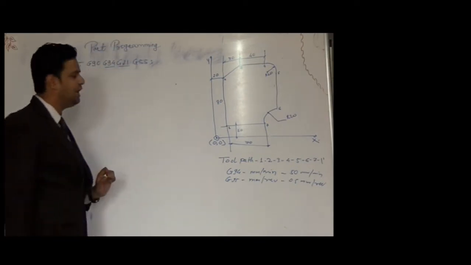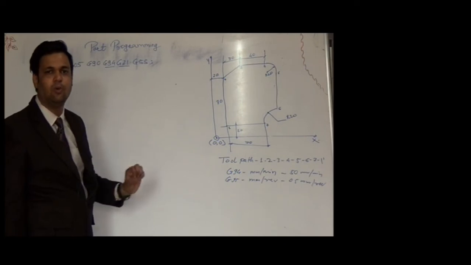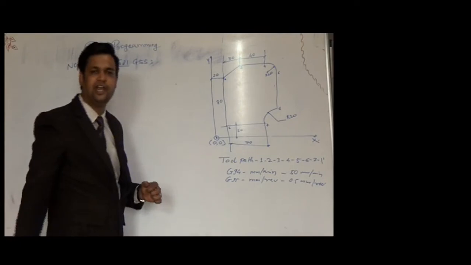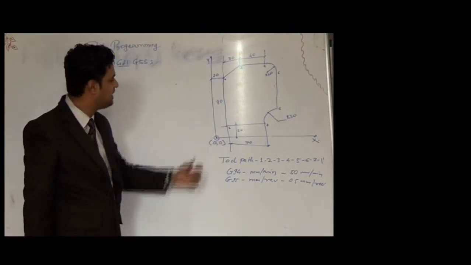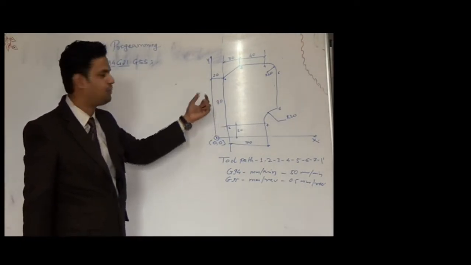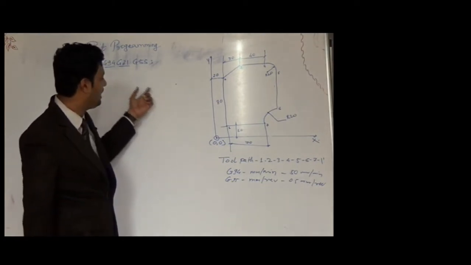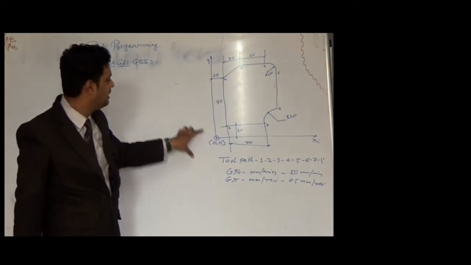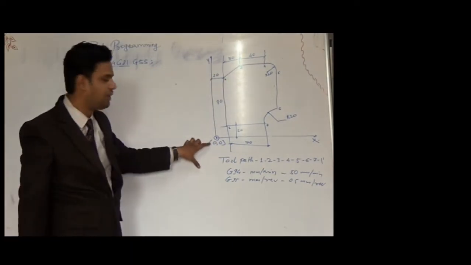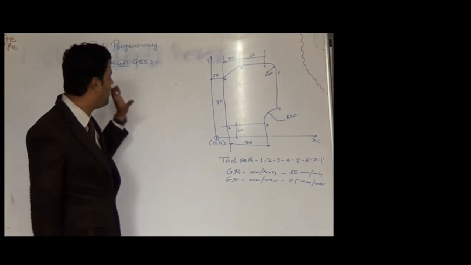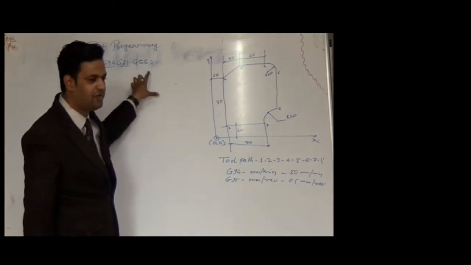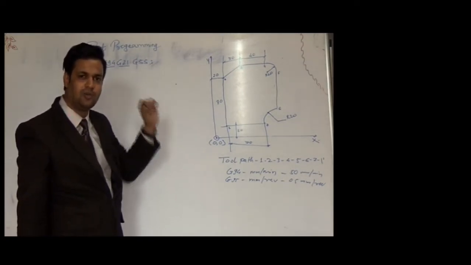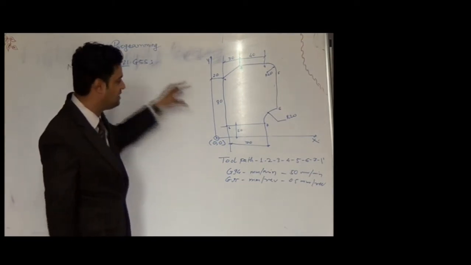G55 helps you to store the workpiece 0 setting. Suppose I have to manufacture this job 10 times or 100 times, the same job or this profile. Then after completing one job, I have to set the workpiece 0 again, and again for the third job. To avoid this, just use G54 to G59 as a code, store that X, Y and Z position in your machine, and use that code as your workpiece 0.